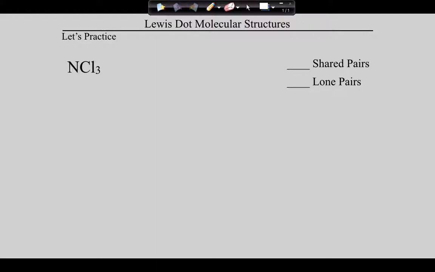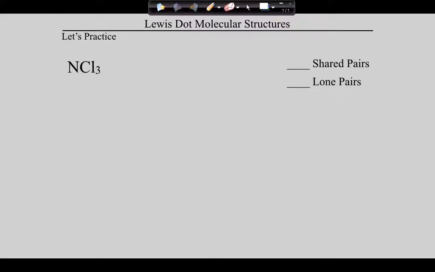So guys, we are going to do 5 examples. In the upper left-hand corner of the screen is the molecule that we're going to draw the Lewis dot structure for. On the right hand of the screen is the place where we are going to write down the shared and lone pairs around the central atom. So guys, the first one that we're going to do is